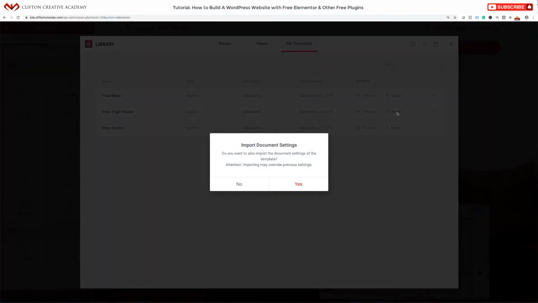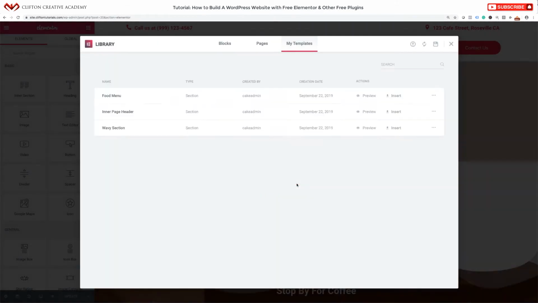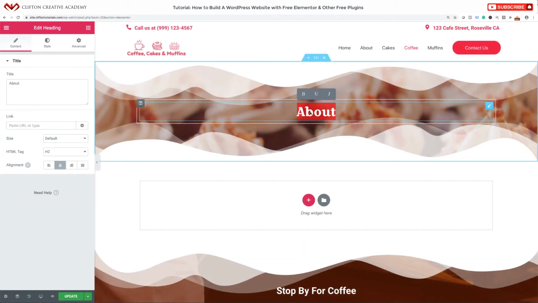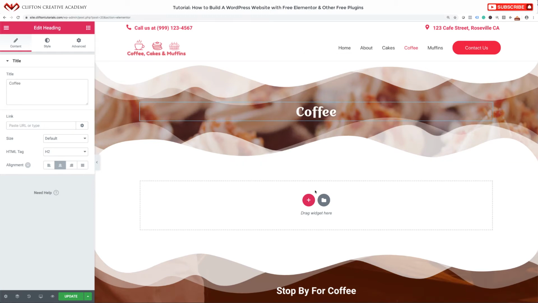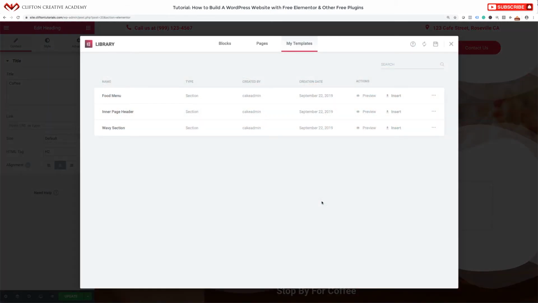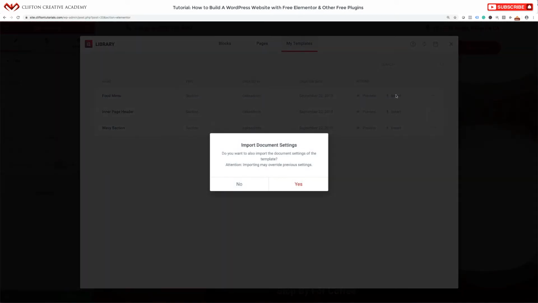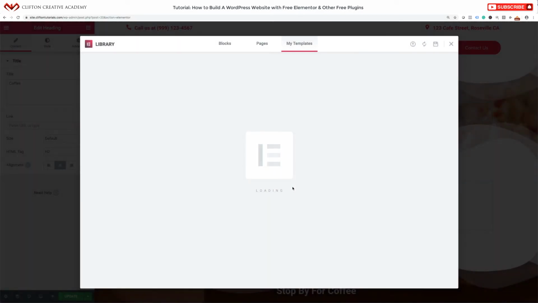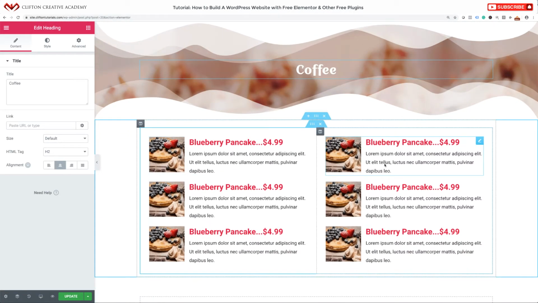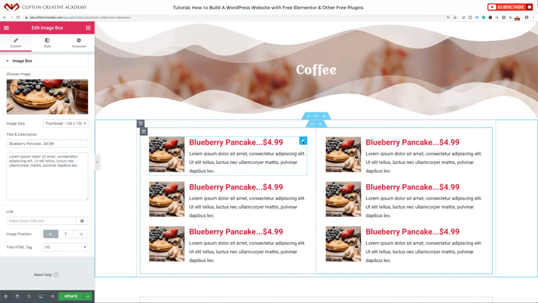So I'm going to insert an inner page header. We're going to say yes. This one is going to be for coffee. So I'm going to change this to coffee. Okay, I'm going to click on my template icon again. I'm going to select the food menu. We say yes. And now our food menu is entered, and now all I need to do here now is change my image